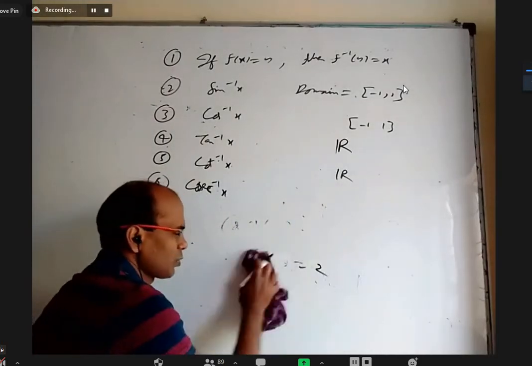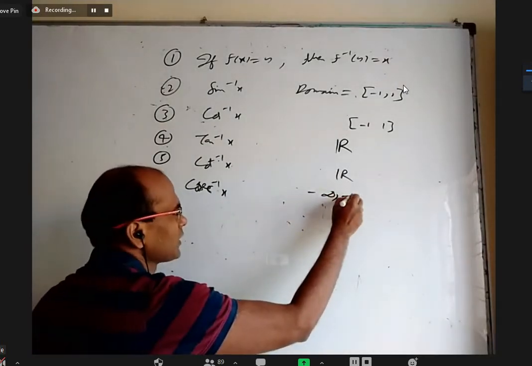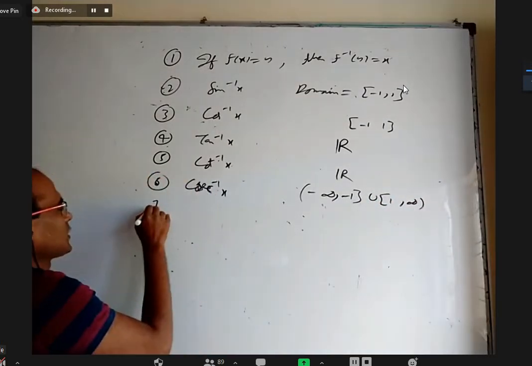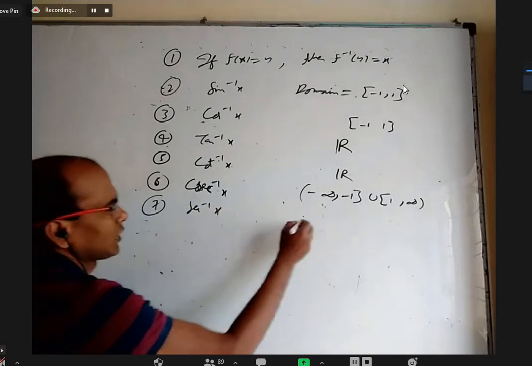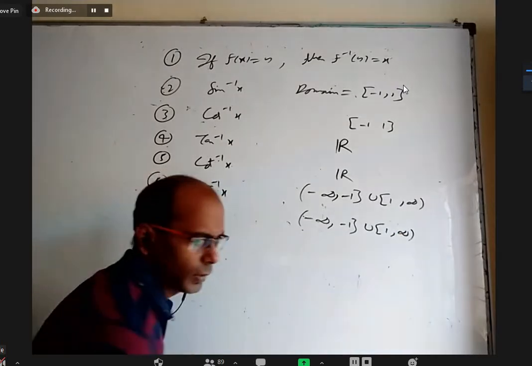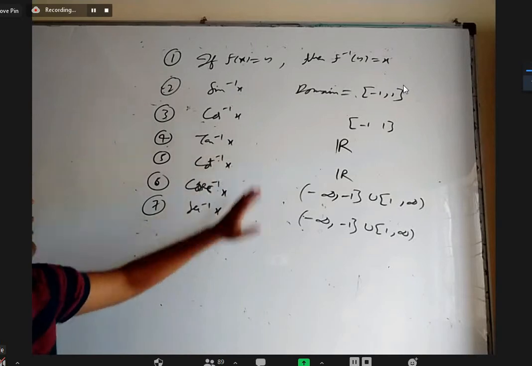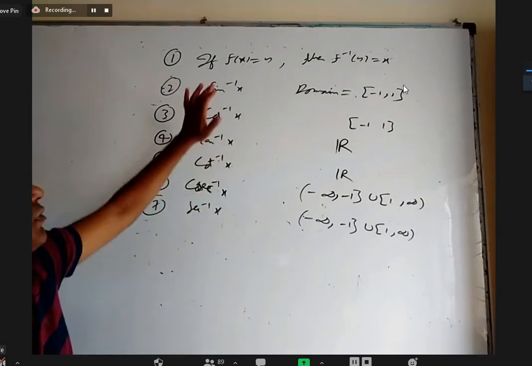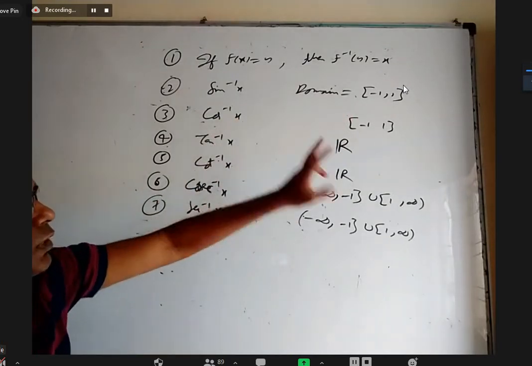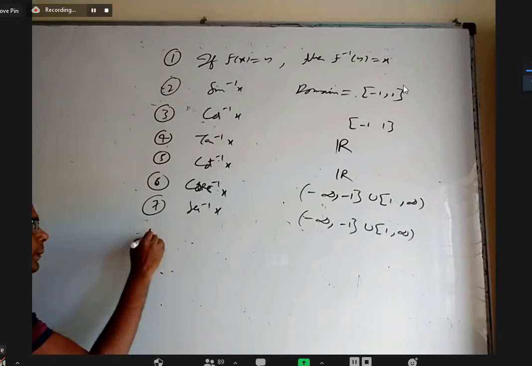So if you want to talk about cosecant inverse x, your x should be between -infinity to -1 union 1 to infinity. Same for secant. Secant inverse x also -infinity to -1 union 1 to infinity. We'll discuss all these things once again in the inverse trigonometry chapter, but it's not difficult, just to have some idea. Sin inverse x, x values must be between -1 to 1. Cos inverse x, x values between -1 to 1. Similarly, all these things. Write all these things.